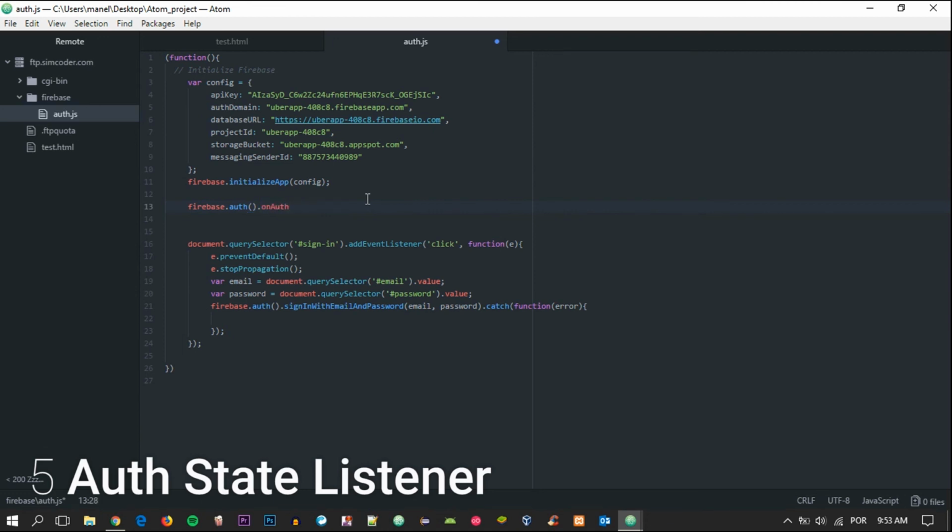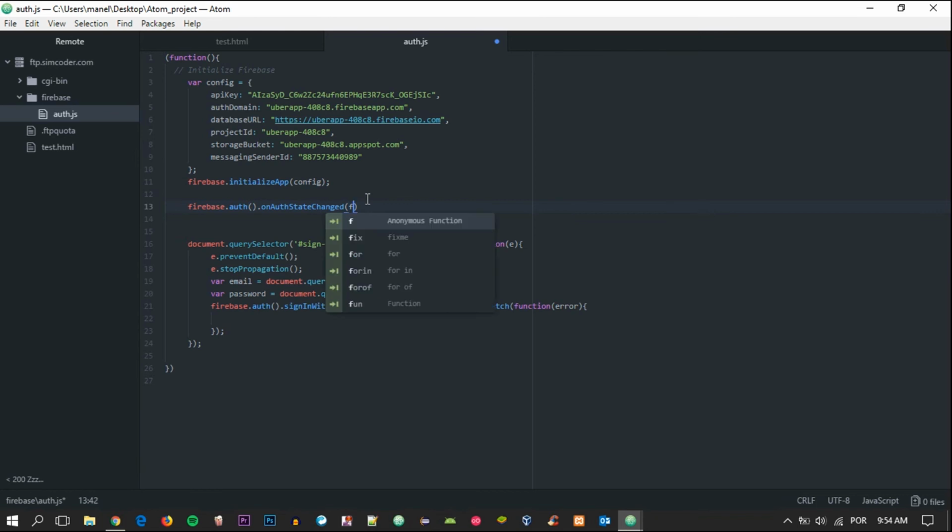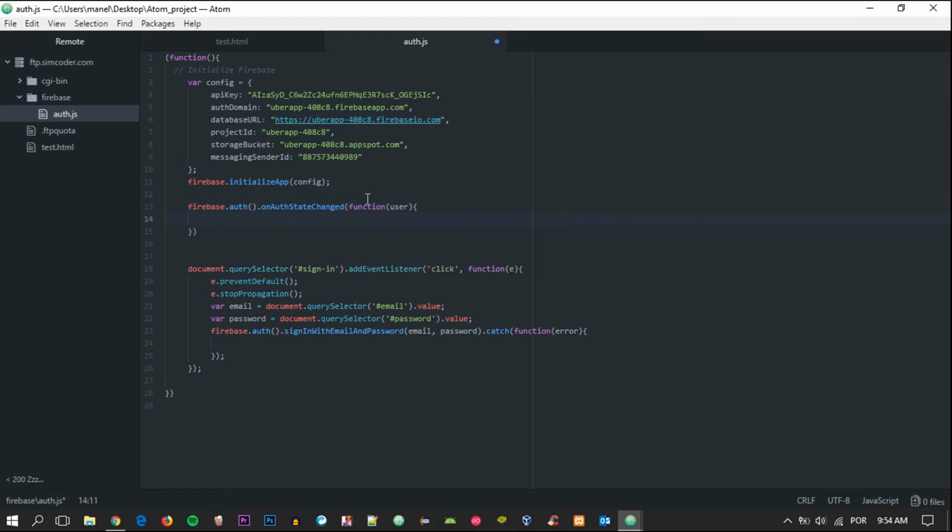On auth state changed, function user, which will be returned to us when on auth state changed is called. And now we can get the user, so window.user equals to user,